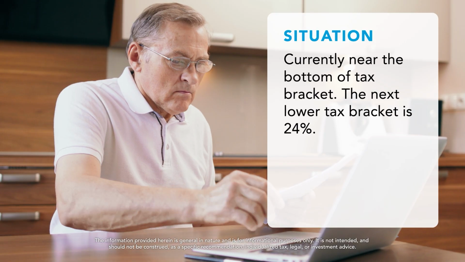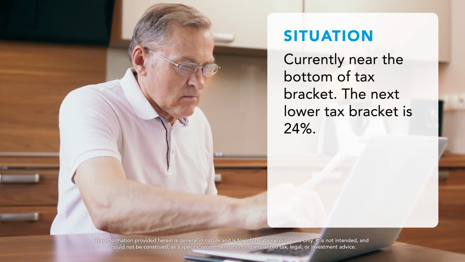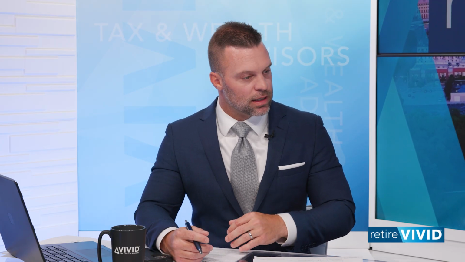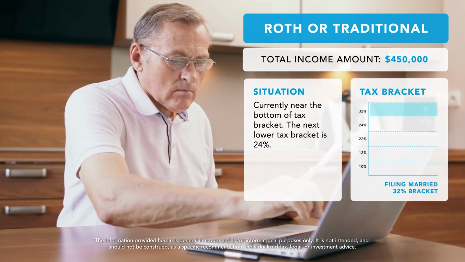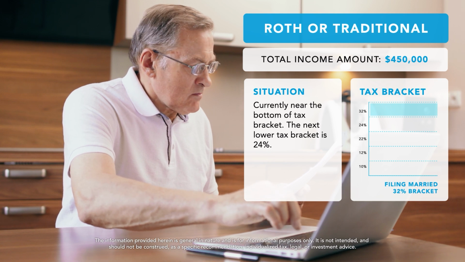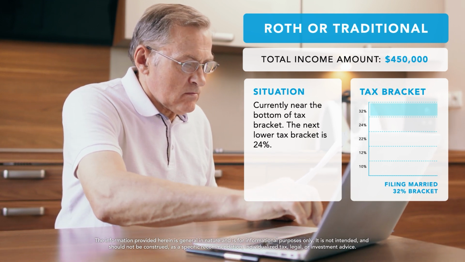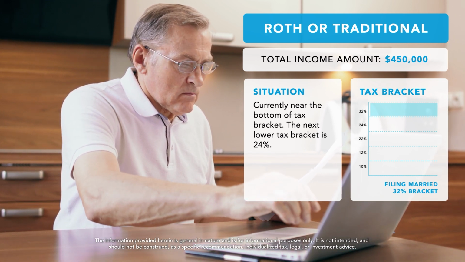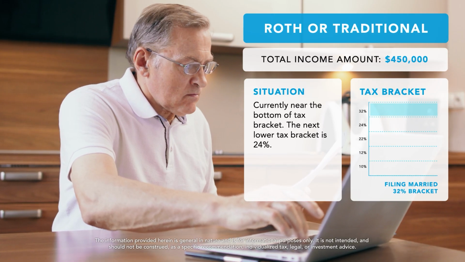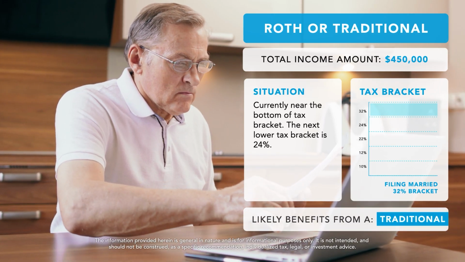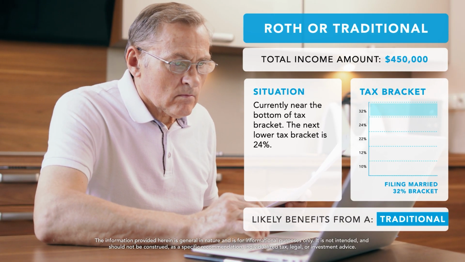When you're looking at the ordinary income tax rates, you have your 10 and 12 bunched, you have your 22 and 24 bunched, and then you go up into the 30s. And so there's a gap from 12 to 22, a gap from 24 to 32. Those are larger than your 2% jumps. And so if you're able to take that deduction in that 32% bracket, looking at maybe taking it out later in the 22 or 24, take your tax savings now, that's a traditional contribution. Take it out of the lower tax bracket later.